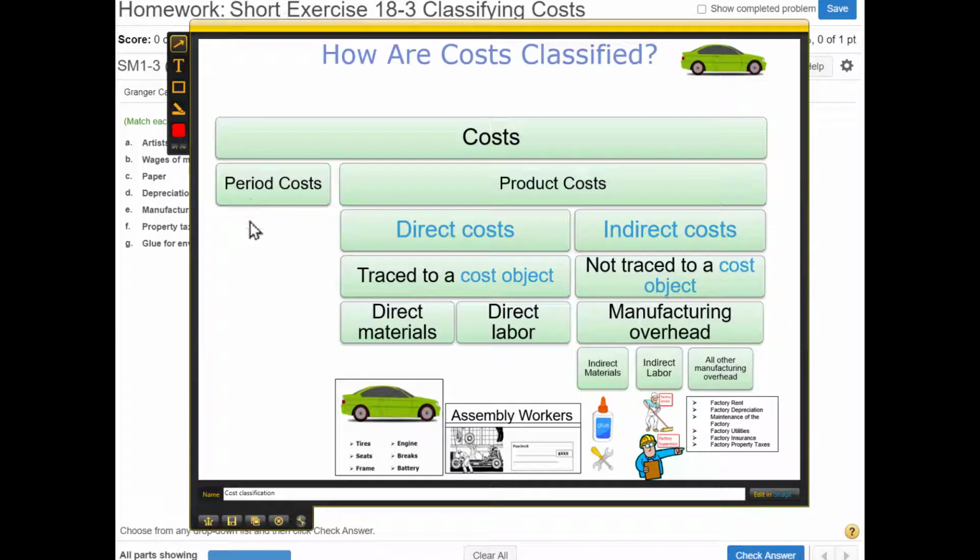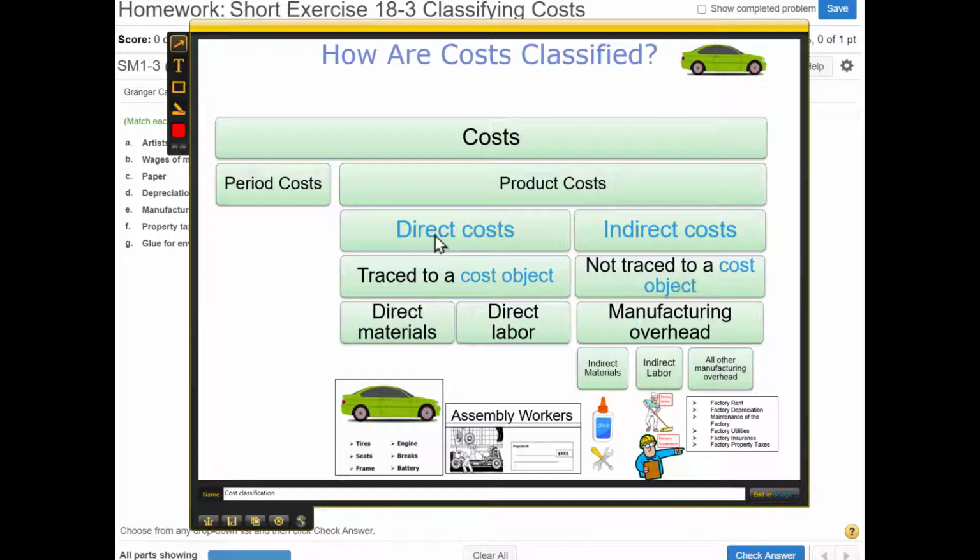For the salespeople who sell the car, their wages would be a period cost. The accountant and the bookkeepers, their wages would be period costs. The showroom where they sell the cars, those costs, like rent and depreciation, would be period costs. Under product costs, costs directly related to building the car, we have two types of costs, direct costs and